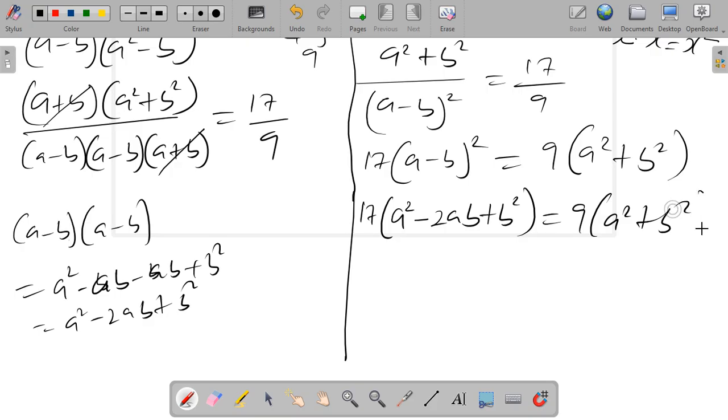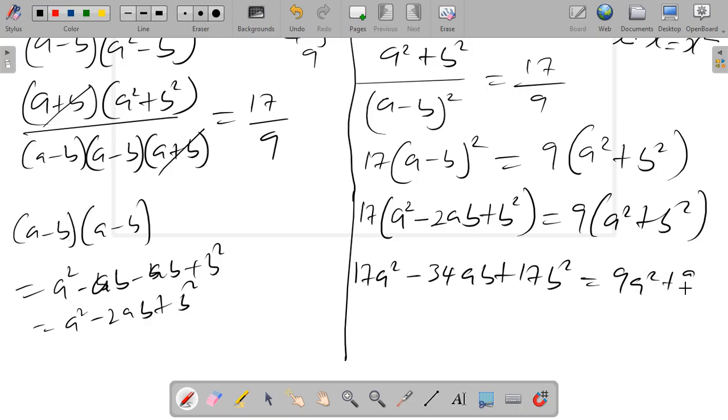So if I open the bracket here, I'm going to have 17a squared minus 2 times this, I'm going to have 34ab plus 17b squared is equal to 9a squared plus 9b squared. So if I bring everybody to the other side and equate to 0, I'm going to have